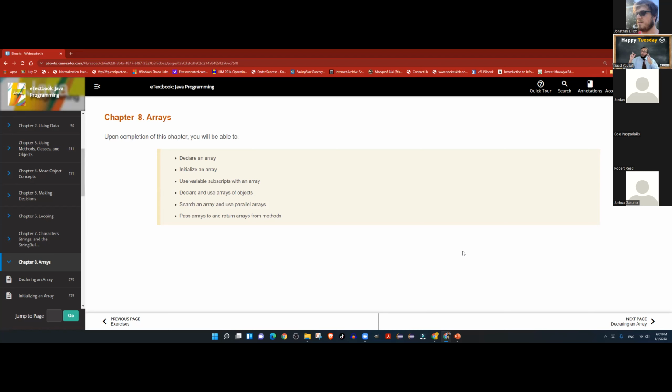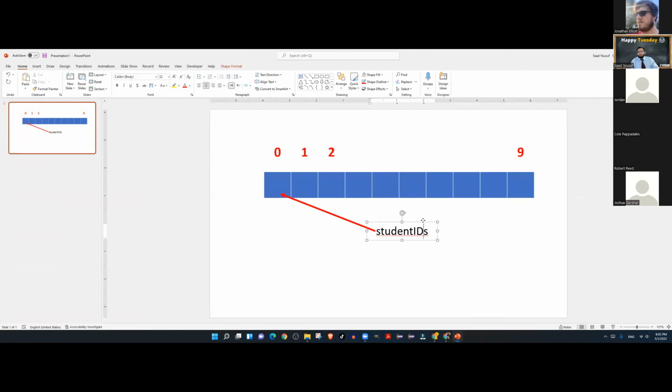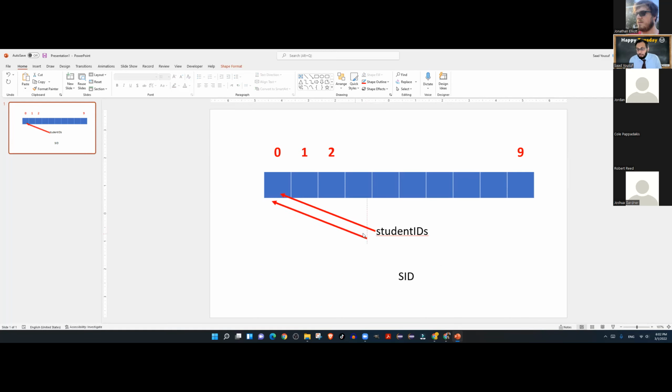But when you pass an array into an array, Java automatically makes the receiver array point to the memory block of the passer array. So in this particular situation, if student IDs was passed as a parameter to another method, where let's say we had another array called SID, the SID, instead of having another memory block, will actually start pointing at the memory block of student IDs.